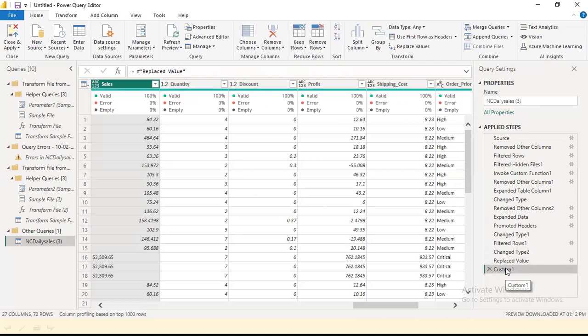In the custom one, what I do is copy paste this one, the quantity column formula, right? Table dot ReplaceValue. Here I say the sales column. Replace the dollar sign by